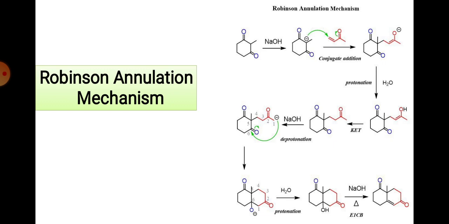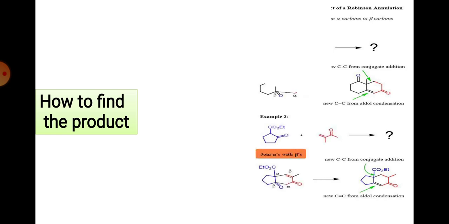replaces one carbonyl, that is one C double bond O. It is replaced by what? Just the double bond, and we can see the rings join together. So that reaction is called the Robinson annulation. So Robinson annulation is an example of Michael addition followed by intramolecular aldol condensation. Fine.